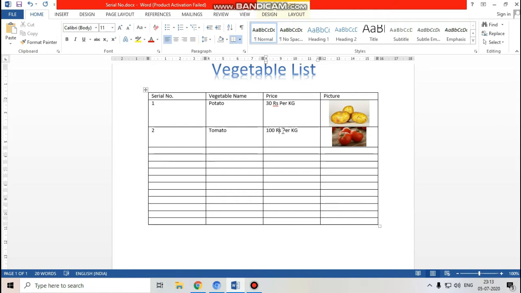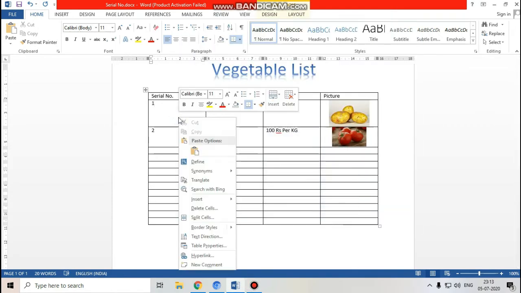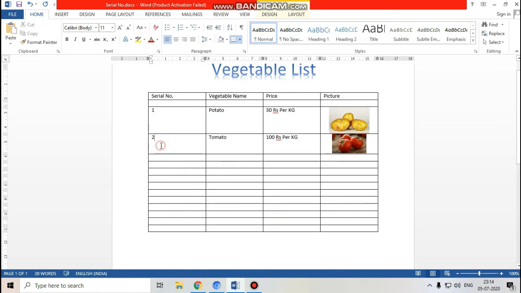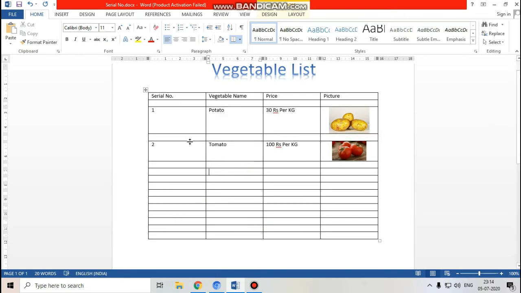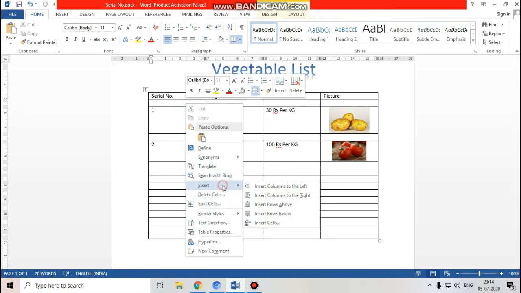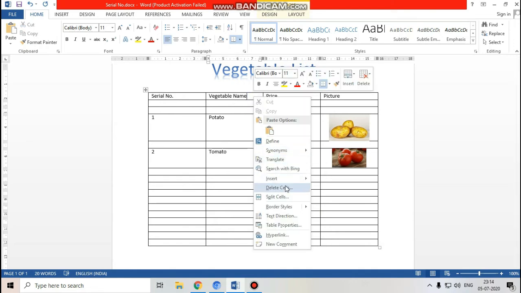So now what you have to do, we have done selecting rows, selecting columns, modifying. Third thing is modifying. We have to do only one thing more. Suppose I forgot to insert, I want to insert a row between them. Insert row above, row below. So I need row above. Look, one row is here. Click here. Insert row above. Look, an empty row came. Now I say insert row below. Insert row below. You can insert.